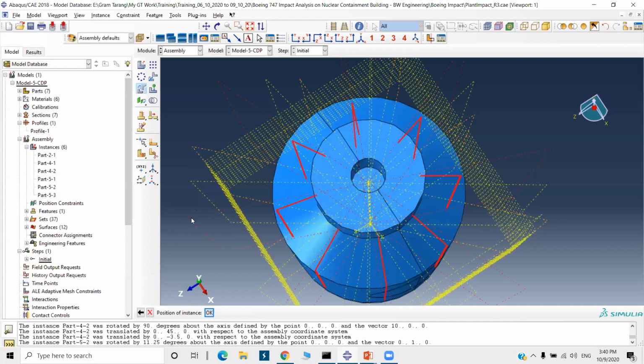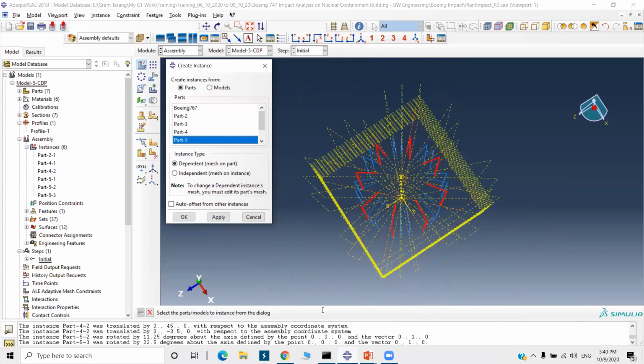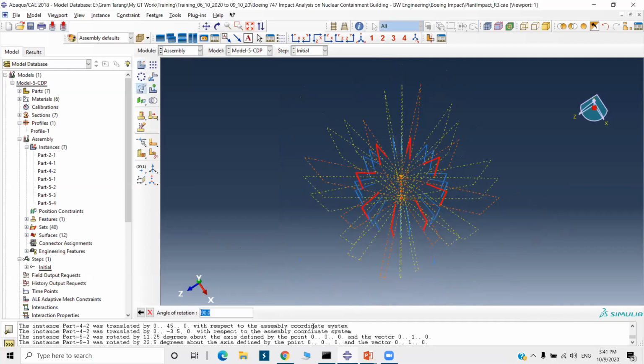Again click on create instance part 5. Okay, rotate, go to instances, fourth part, and again axis of rotation y-axis. Angle of rotation is 33.75. Okay.